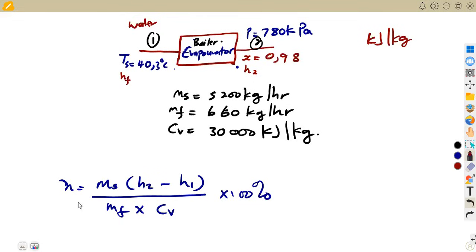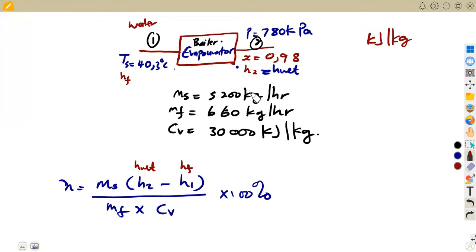Here we are simply referring to HF. H1 is our HF in this case. Then H2, when we have a dryness fraction, is our H wet. Remember, the steam here was wet, so here we are considering H wet. How are we going to obtain these? We have everything else, but we do not have these enthalpies, that is for the water and for the steam,